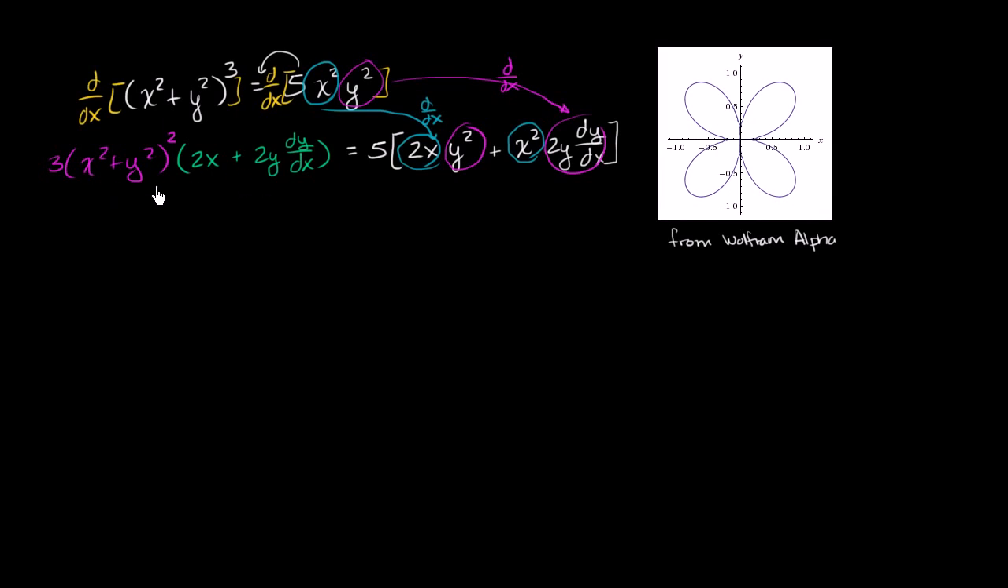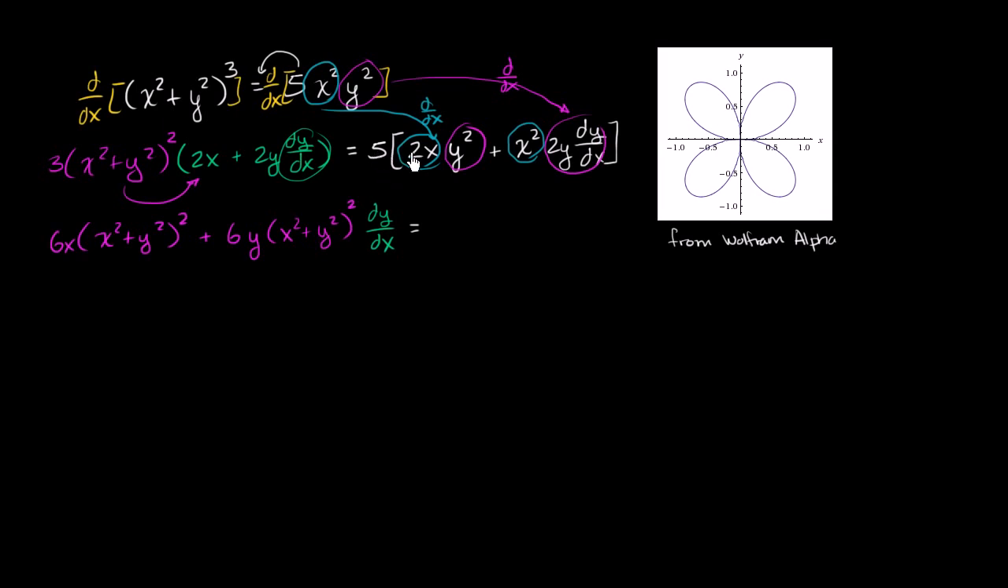So what I'm going to do on the left-hand side is I'm just going to distribute this purple thing onto both of these terms. So if you distribute this purple thing onto this term right over here, you get 3 times 2x, which is 6x, times (x squared plus y squared) squared. And then if you distribute this purple stuff onto this one right over here, you get plus, let me make sure, 2y times 3 is 6y times (x squared plus y squared) squared. And then I'll keep the dy dx in that green color. dy dx is equal to,